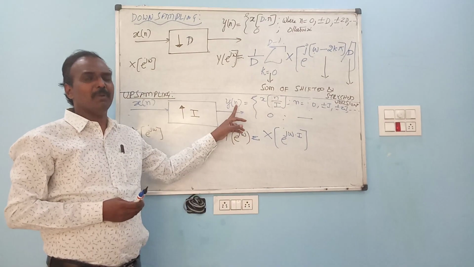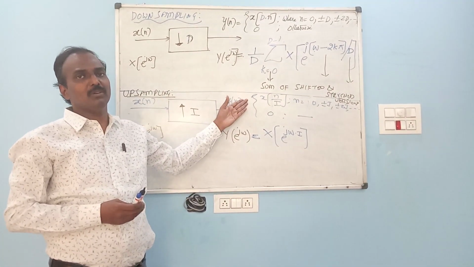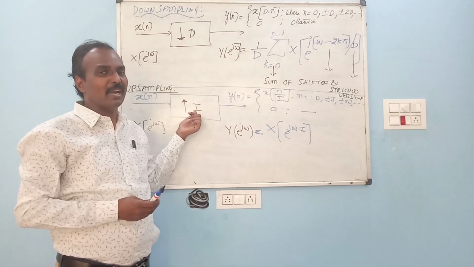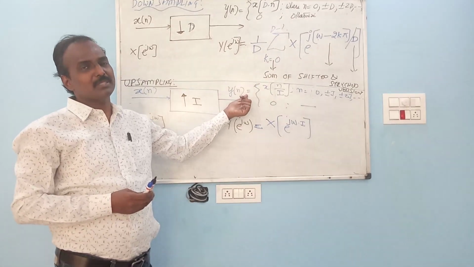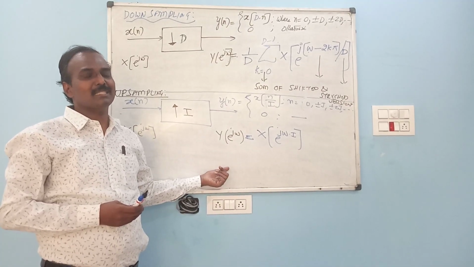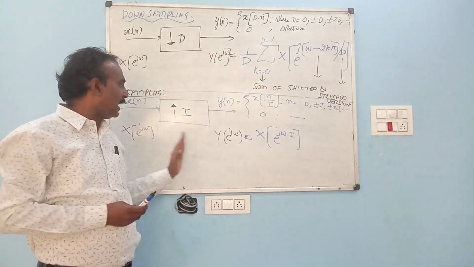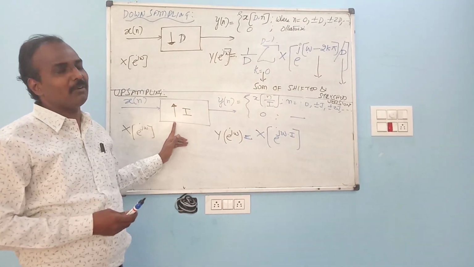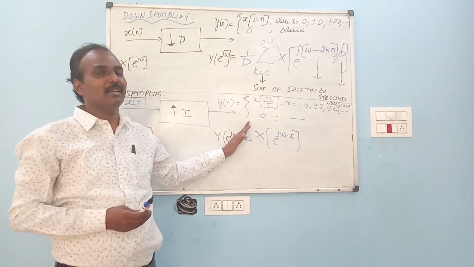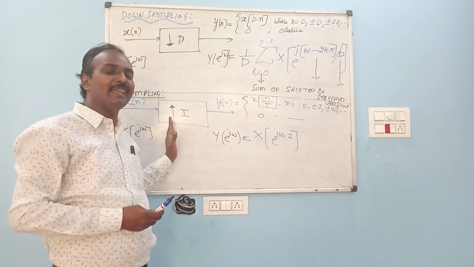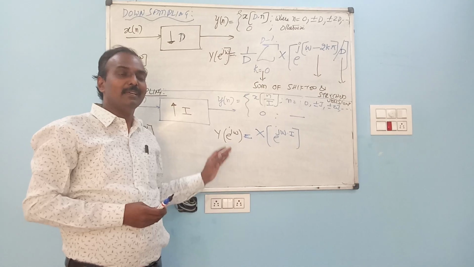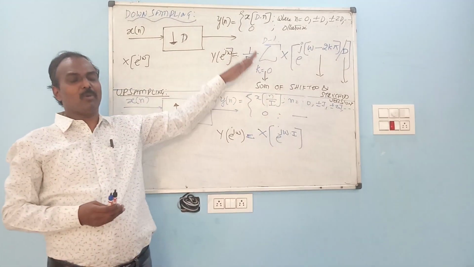And here, after upsampling, since we are inserting additional zeros, I minus 1 zeros are added, in the spectrum we observed the images. To avoid those images after upsampling, we are passing the upsampler output to an anti-imaging filter. The process of adding a filter to an upsampler is called interpolation. Now these simple points are very clear.